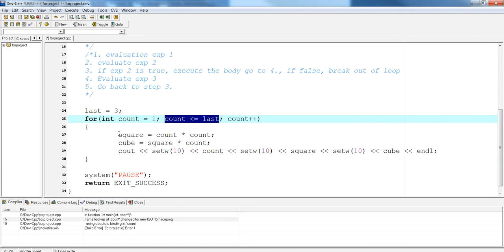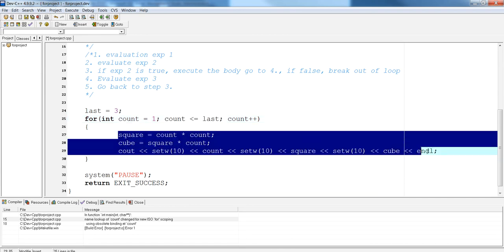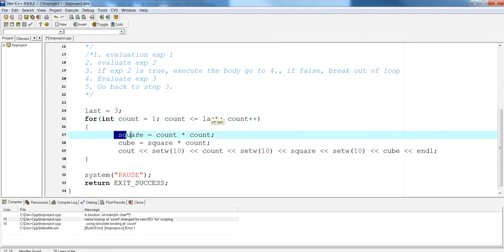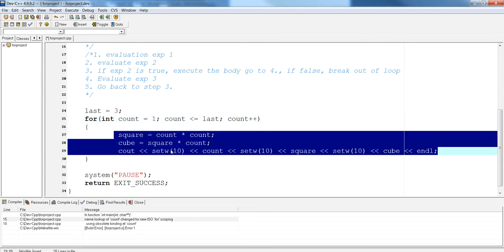Yes, it is. We go back and execute the body. And then we go back to expression 3 to increment count. Count will now be 3. Is 3 less than or equal to last, which is 3? Yes, it is. So we execute this whole body, go back, we increment count by